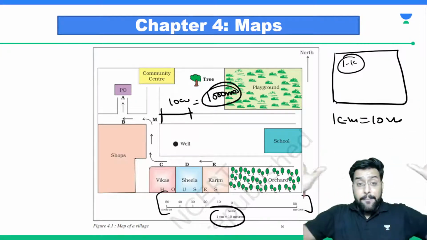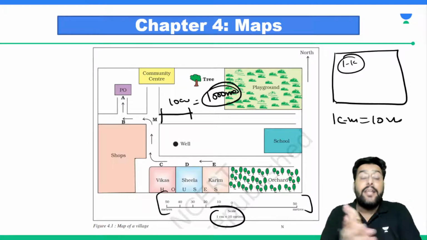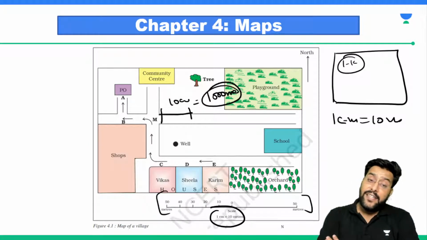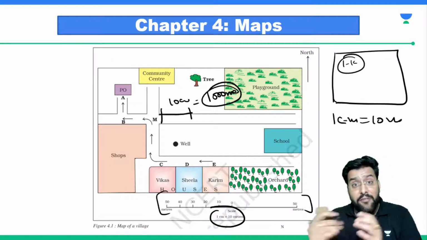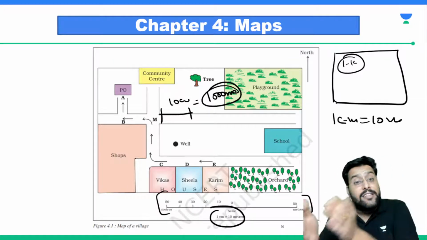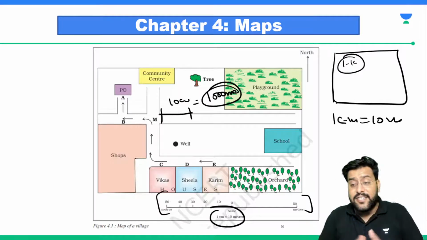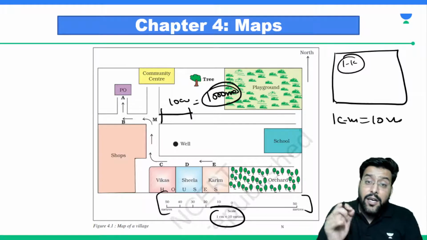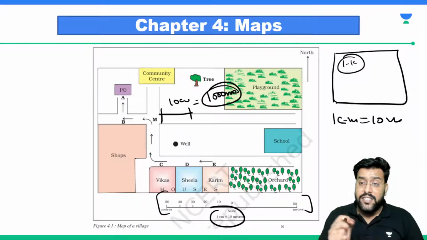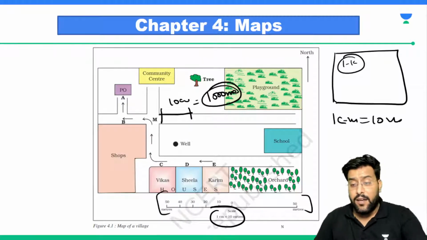If we are making a larger map, for example, in India's map, we considered 1 centimeter as 100 kilometers. Maybe when we are making the map for the world, we have to make it 1 centimeter as 1000 kilometers because a much larger distance has to be covered. So larger is the area, larger will be our scale, and smaller is the area, smaller will be our scale. Getting it or not?